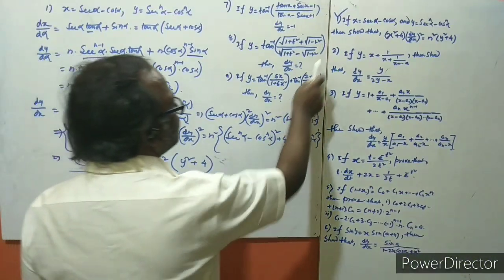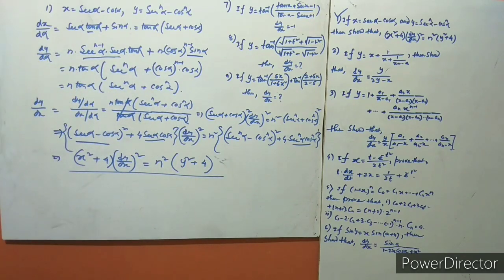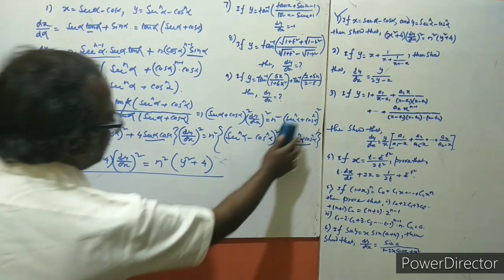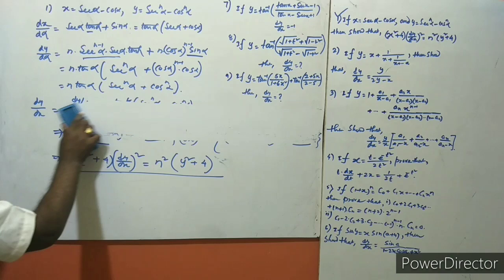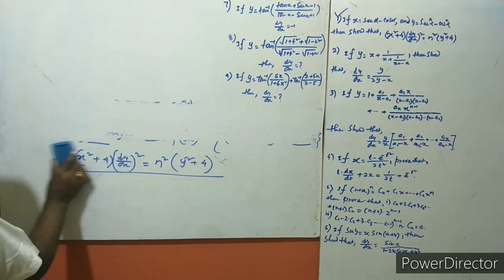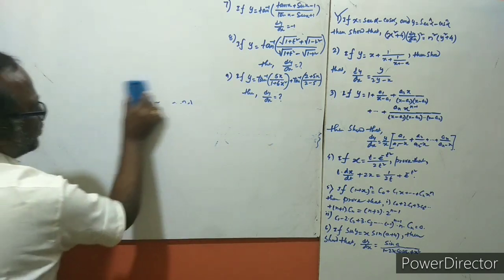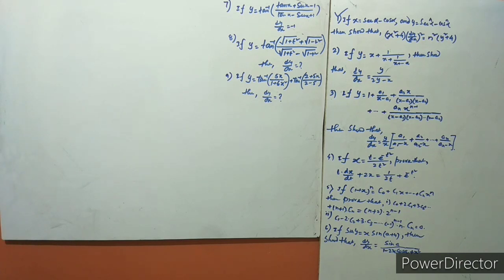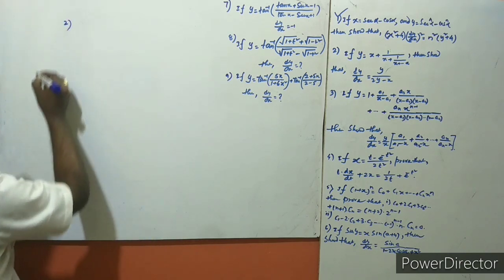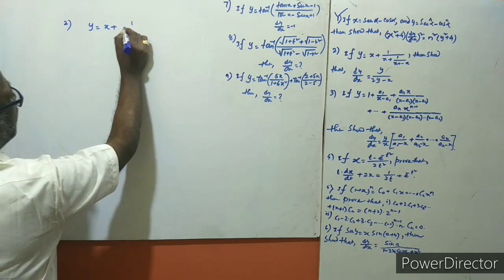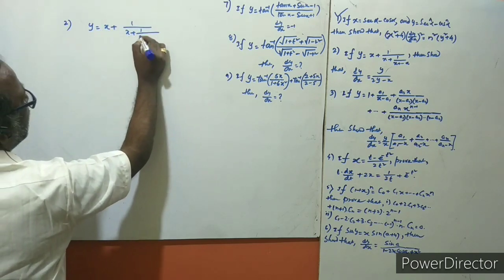Next problem 2. See, number 1 is a very interesting question. Okay, number 2. See, there is y is equal to x plus 1 by x plus 1 by x plus